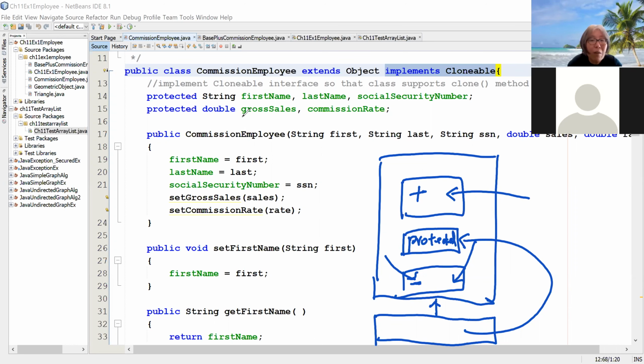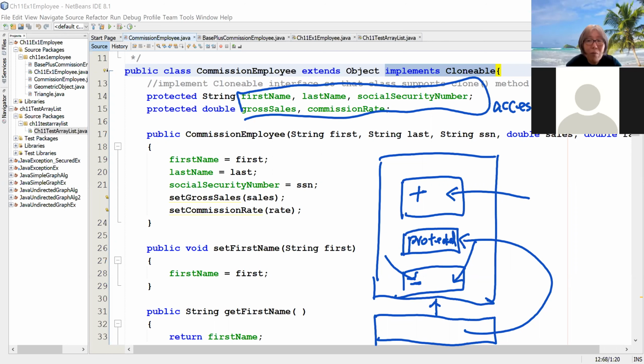That means those instance variables will be accessible for the subclass besides the class itself. But compared with public, which can access anything,